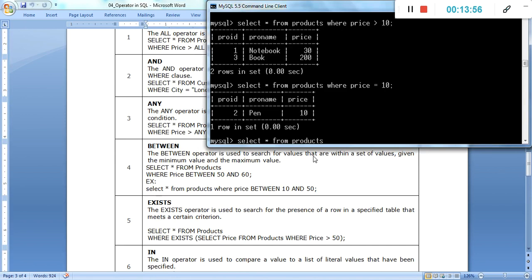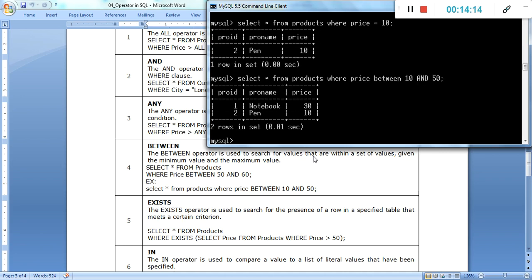products where price between 10 and 50. Between and are the logical operators.